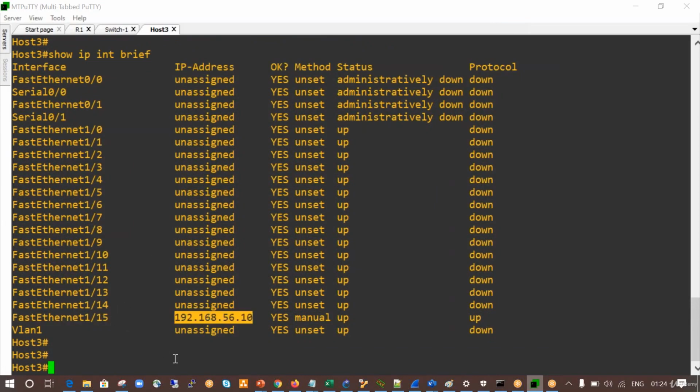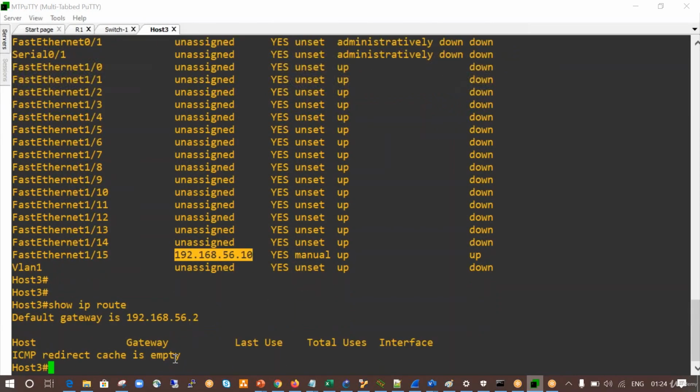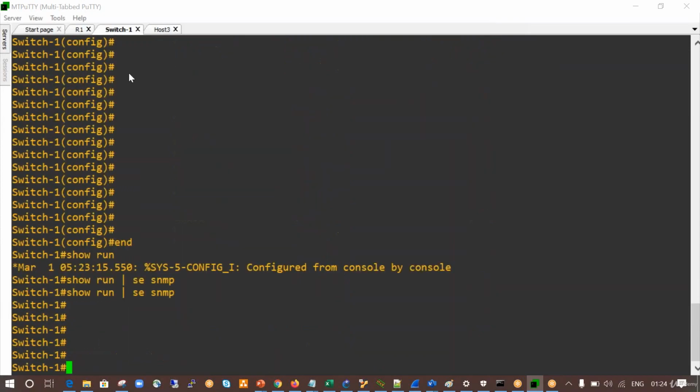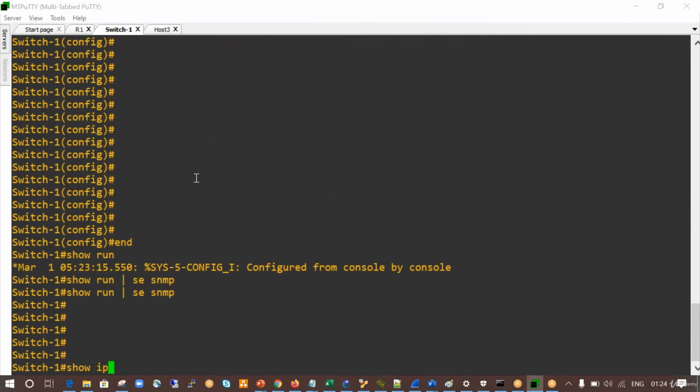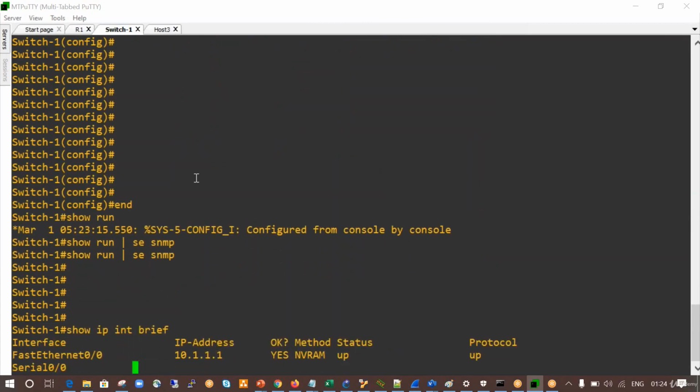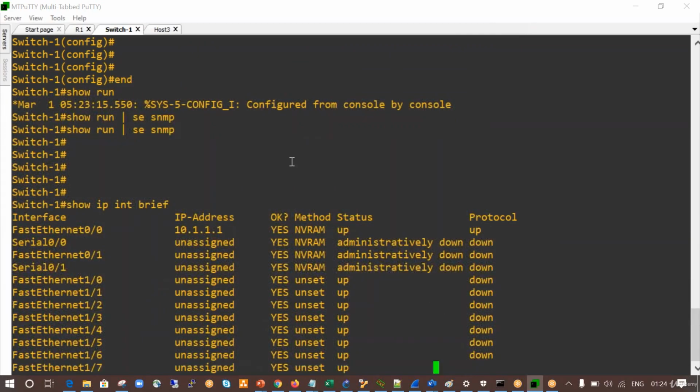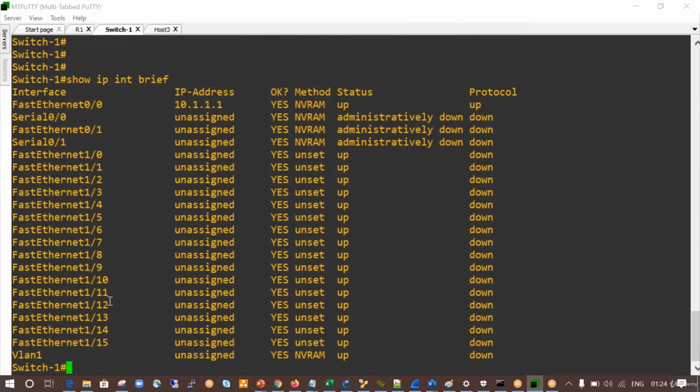interface 1/15, and who is the gateway? The gateway is .2, and where is .2? So we can check where the gateway is. The gateway is actually VLAN 2. So here you can see, do I have VLAN?